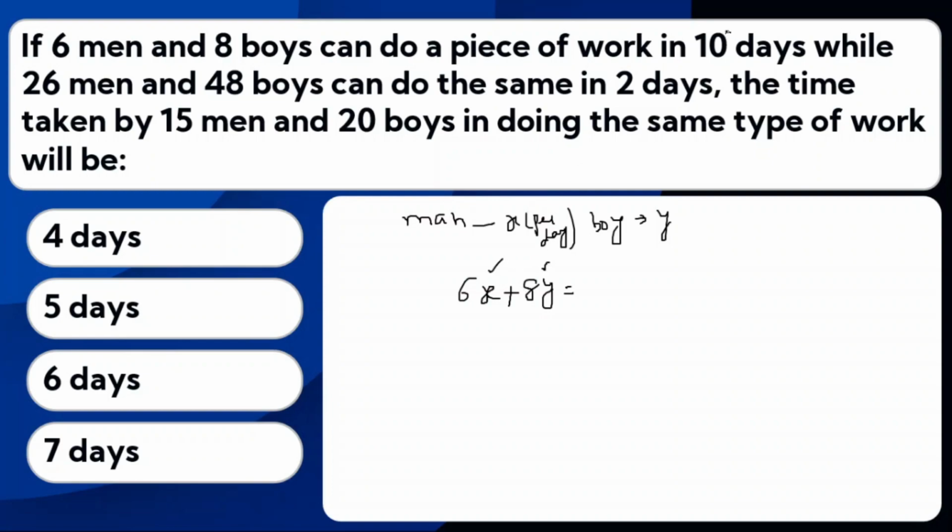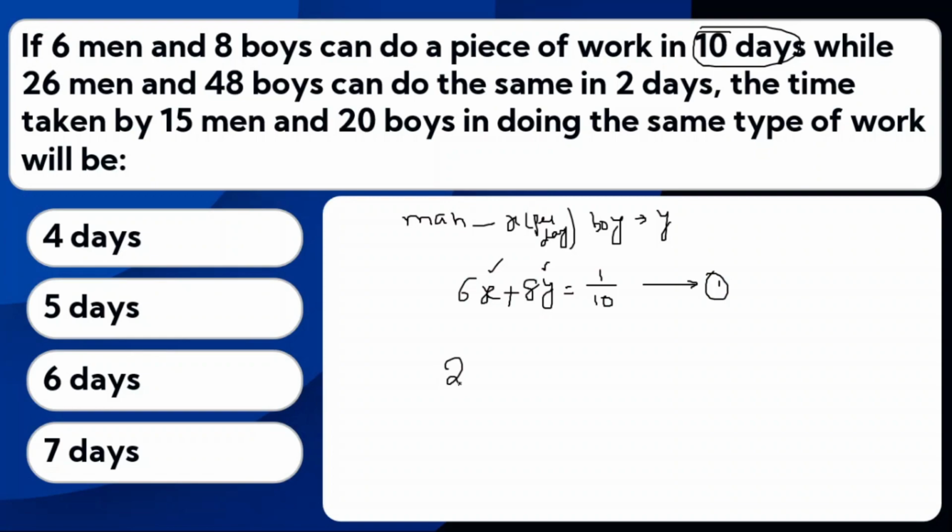So I have to convert the 10 days of work into per day work, which is nothing but the work completing in 10 days. So per day they can complete the total work of 1 by 10. This is the first equation you have to design. Remember that here x and y are per day works. In order to simplify that, I have taken them as variables x and y.